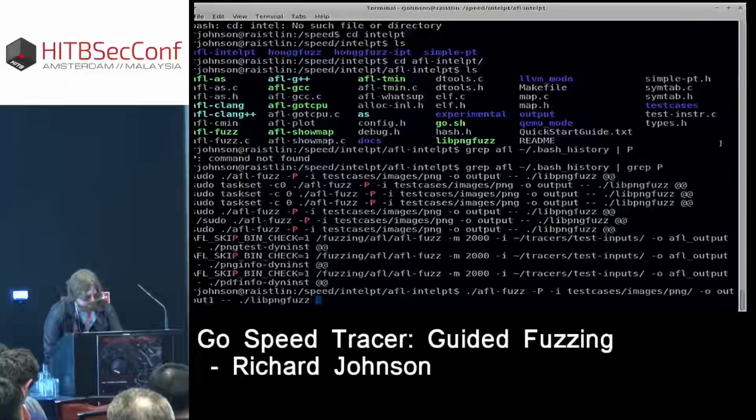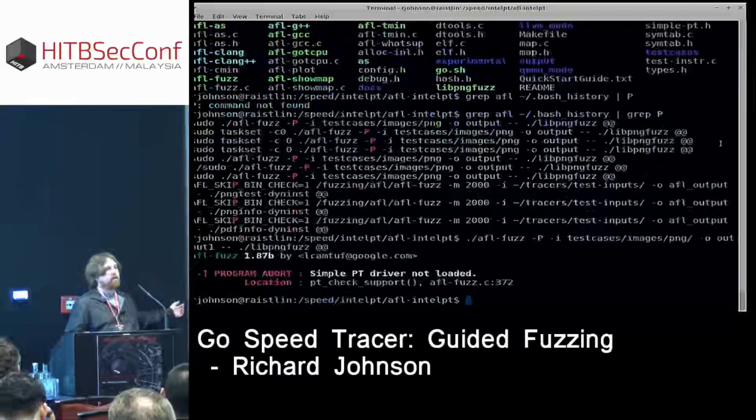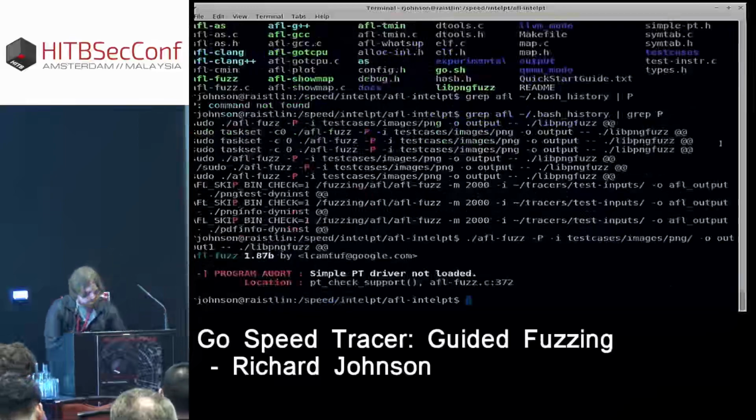Since I'm doing this really quick, this is not using PNG test that we saw earlier. This is using a custom wrapper I wrote for libpng that essentially,